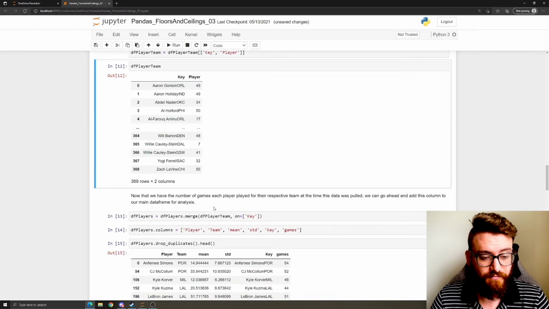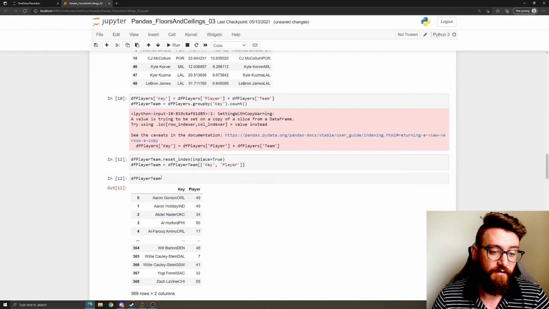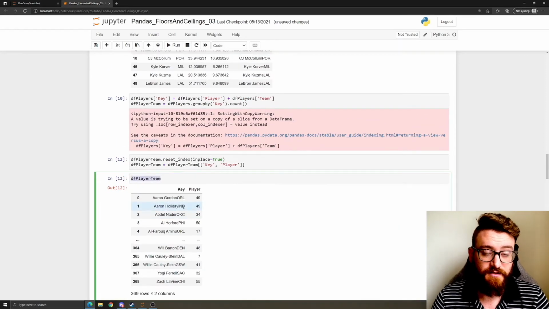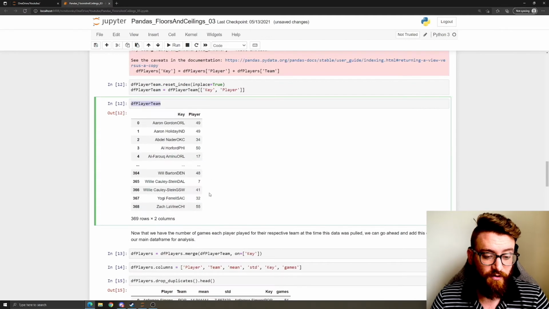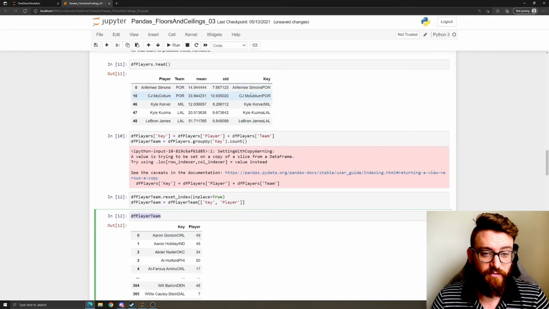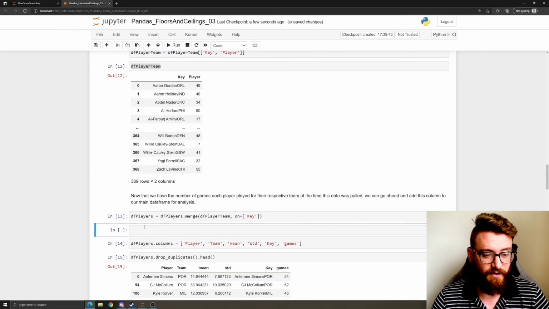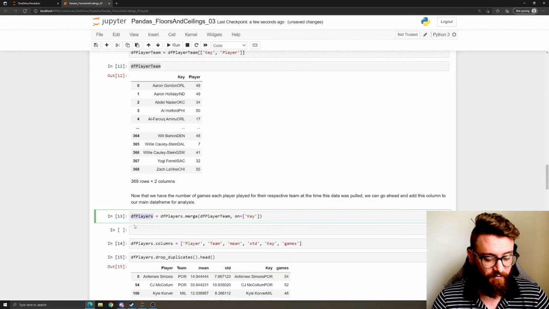So what we're going to do now is we're going to merge our data sets together on the key. And to do that, we need to first merge this data frame, just the key and player, back onto our DF players because we already have the key there. So that's what we do here. Now if we take a look at DF players again,